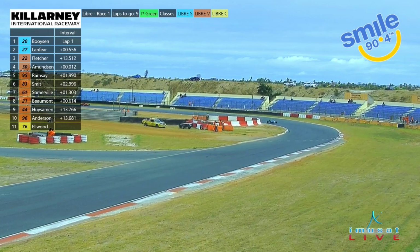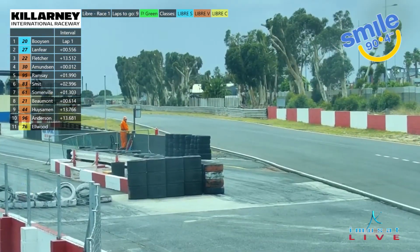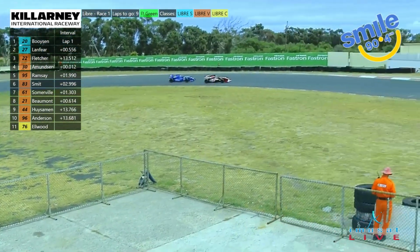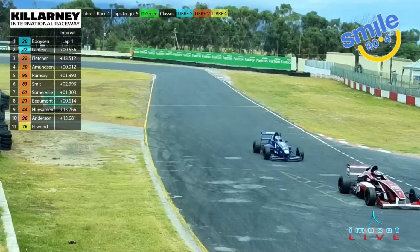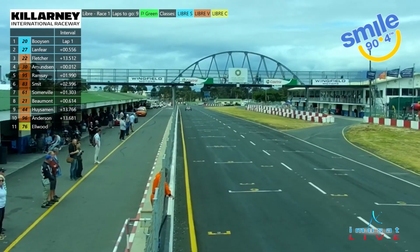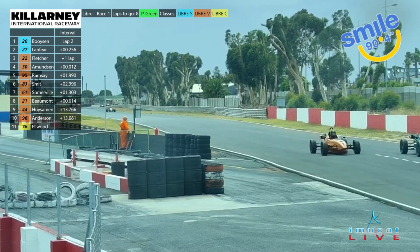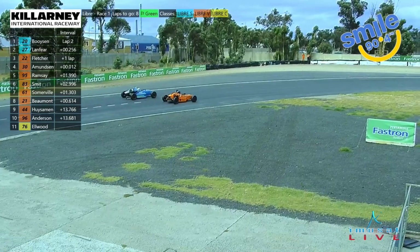Yeah, Cyril Somerville in that number 61 car right behind there, but going down towards turn 5 now, it will still be the DJ Boyson versus Storm Lanphier, but Storm Lanphier is much closer this time out of turn 5. He'll run, he'll get into the slipstream then of the car in front of him. DJ Boyson, the man who started in second, will he be able to launch himself into turn 1? Underneath the bridge they go now. He's going to be not close enough, unfortunately for him, but he'll shadow him right through turn 1 and back